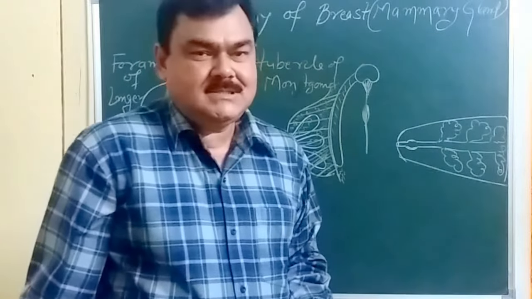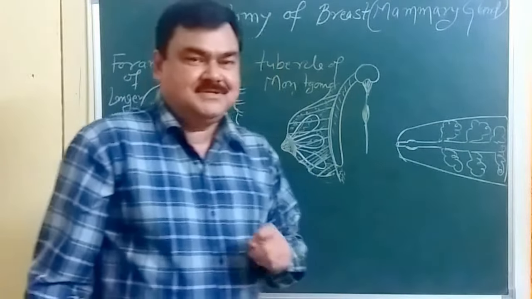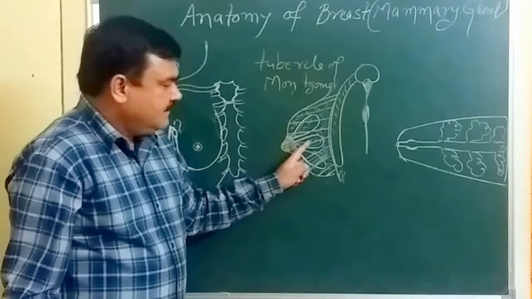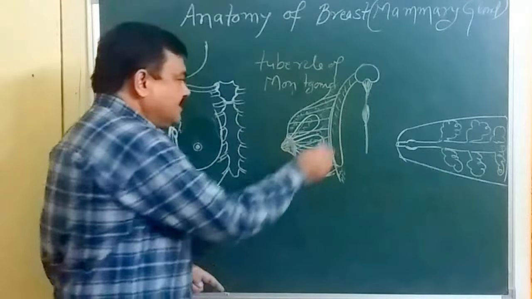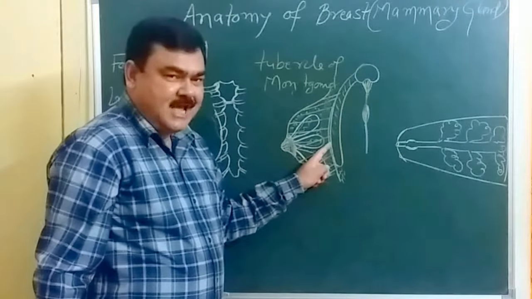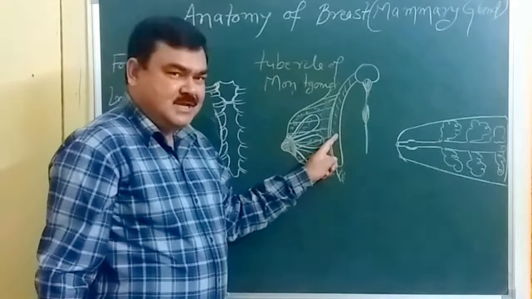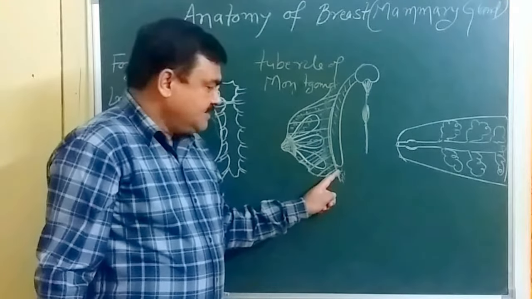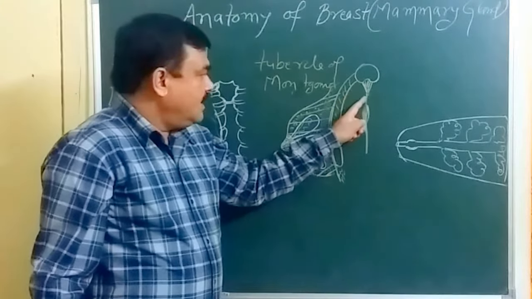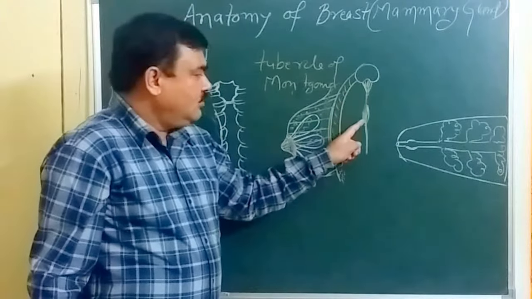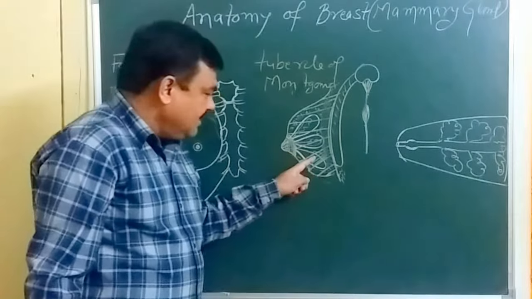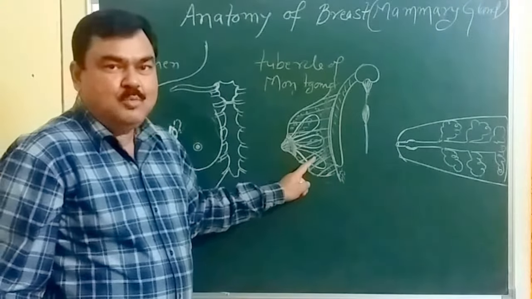Now we will discuss the relations. So in this diagram, you can see the breast lying over the retromammary space. So it is related with the retromammary space, then pectoral fascia, then pectoralis major muscle, serratus anterior muscle and external oblique aponeurosis. Then here is clavipectoral fascia, pectoralis minor muscle and suspensory ligament. Here this suspensory ligament is known as ligament of Cooper.